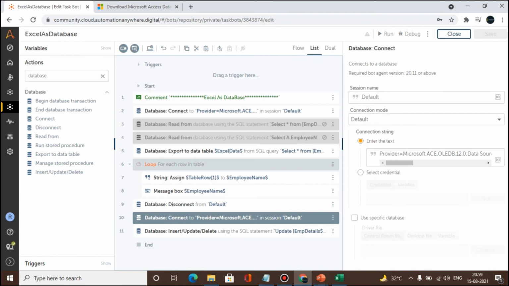So by using this database command, we can do other things also, but you may have noticed this command is very helpful and very fast because it is not opening the Excel in front. Whatever is happening, it is happening from the backend itself. The advantage of using Excel as database is that it will save your time, as well as reduce the chances of the errors which we may get while using the Excel command.